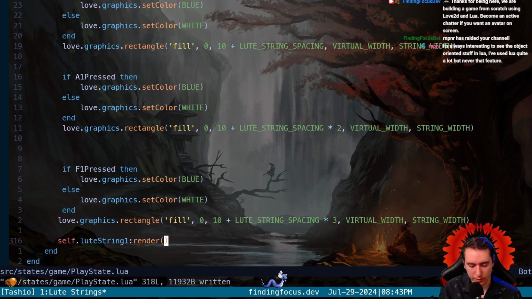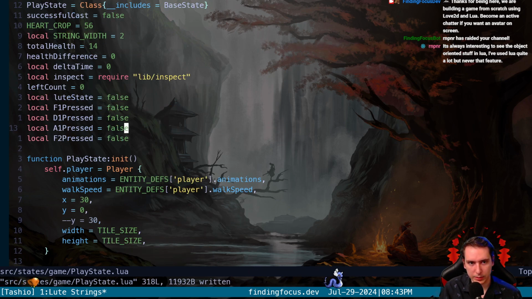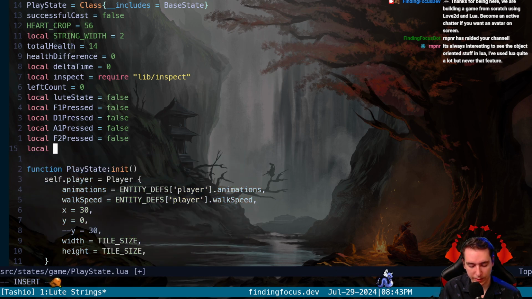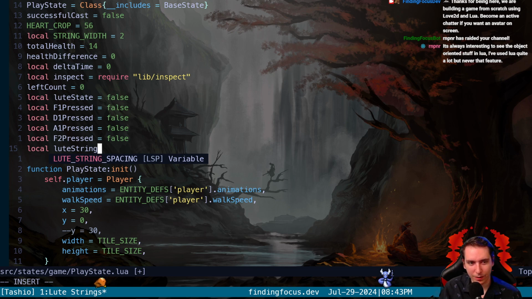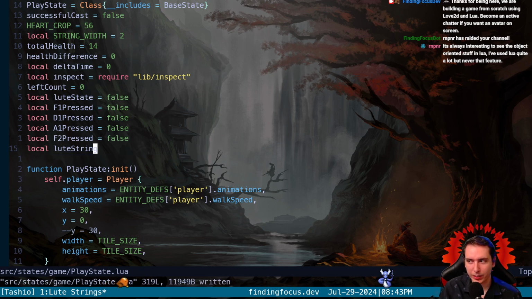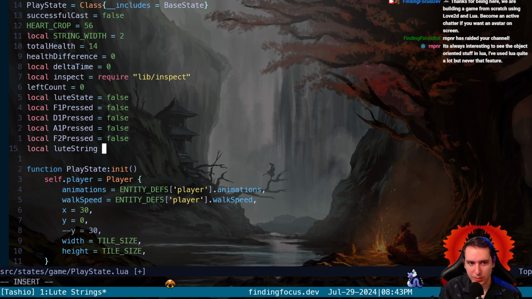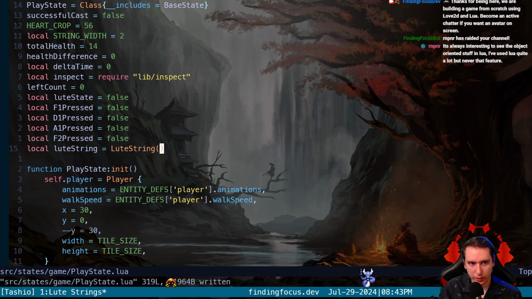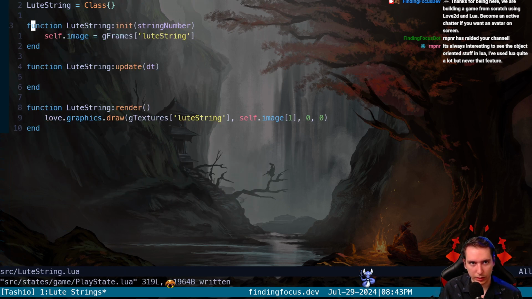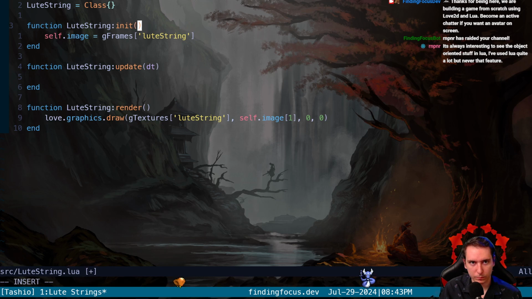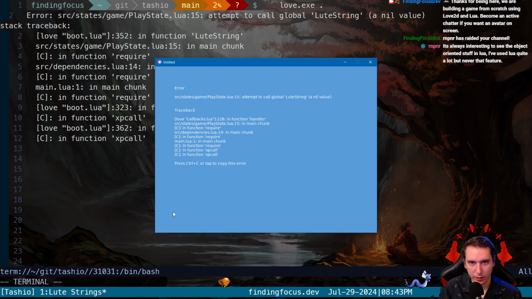But we need this lute string 1. So this is just for me to try to get the lute string on screen, and then we'll worry about animating it. And we're rendering a love.graphics rectangle as the lute string right now, but we do want to render the actual image that we're passing in, because that's the frames that end up getting animated. So we're going to say that this gets a lute string, and we're going to omit our string number here for now. So what we're hoping is that we get a lute string at 1, 1,